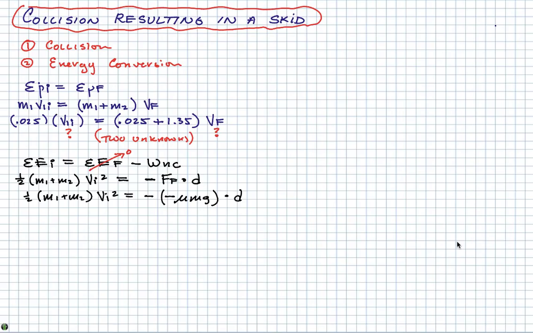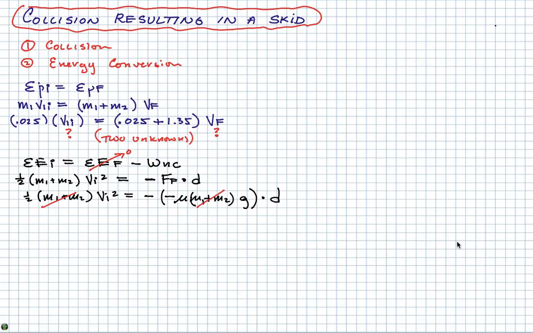Mistake. Let me erase this and fix it. This should say (m1 plus m2) g times d. That's better. Okay, so I can now cancel the m1 plus m2 from both sides of the equation,